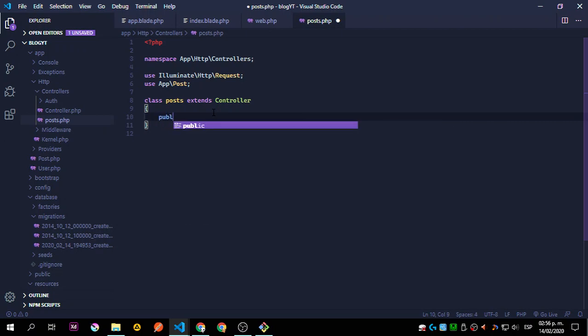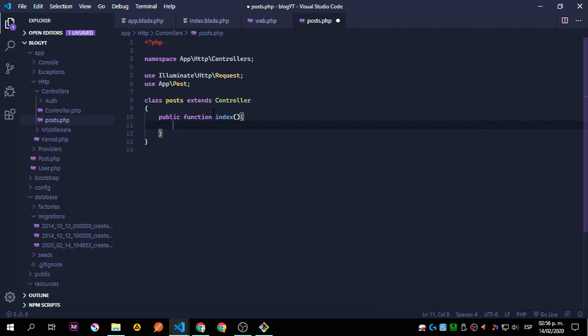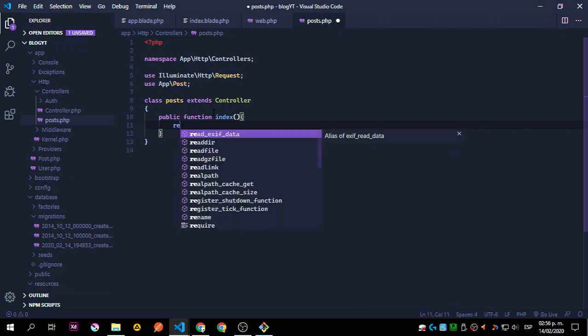So we're going to say public, because you can actually create all the functions you need here without doing that. So it's better for you to understand that and then just move on to use the generator. So post, okay, see, this is not going to work because we don't have that. So we're going to say return